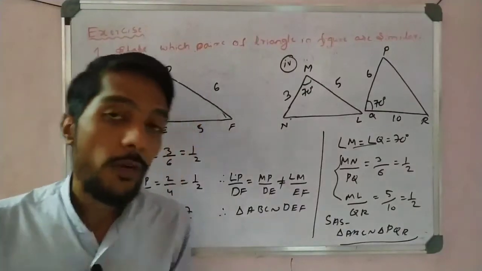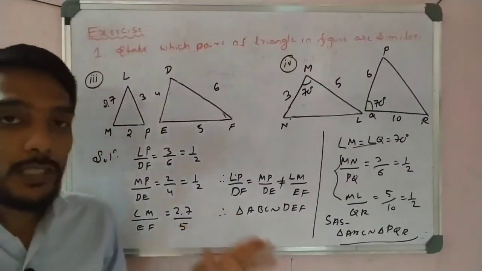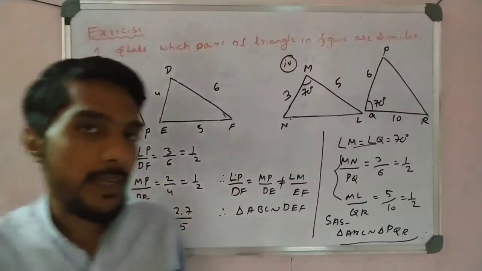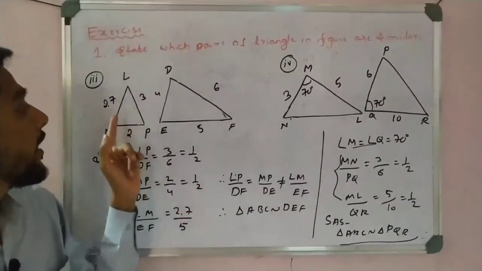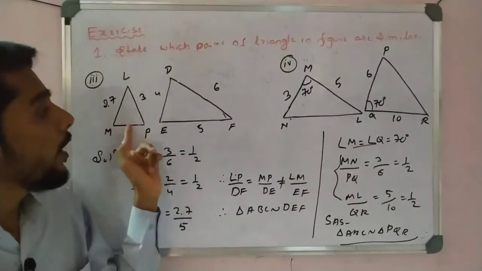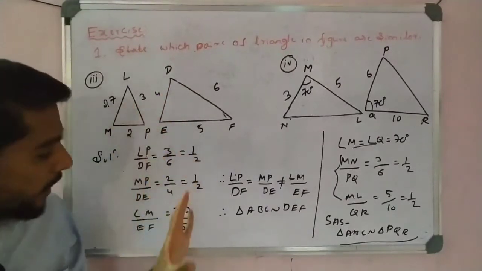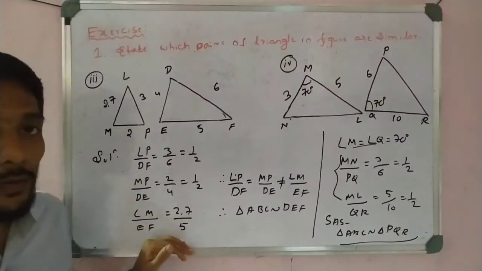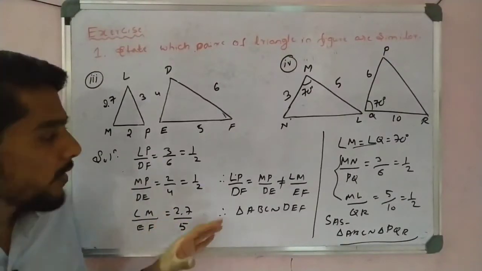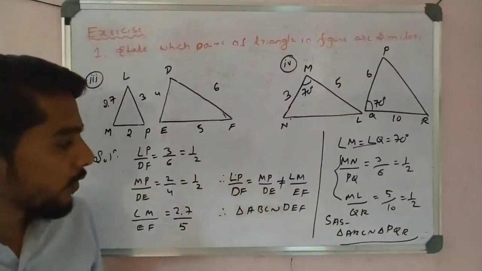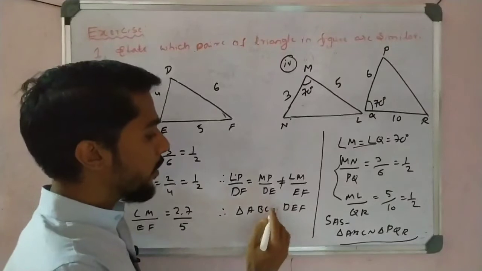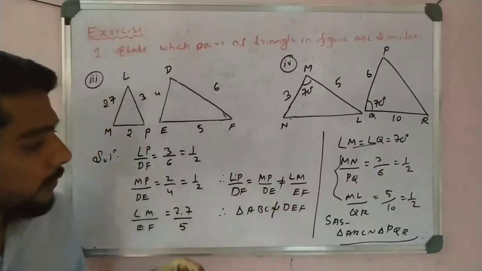So like that we have applied the rules. First you have to select the sides which give an equal ratio. Then only select those sides. For example, I selected 2 and 4 because they give an equal ratio with 5 and 10. But unfortunately for the third one no option is there, so automatically the third one fails. If any one side fails, it is not similar. ABC is not similar to DEF.